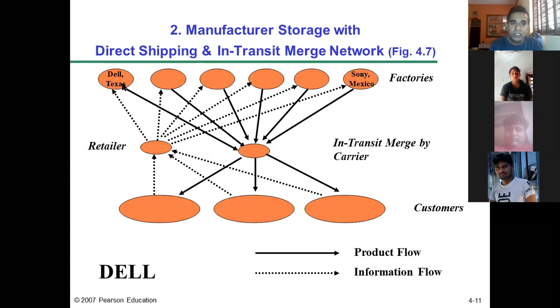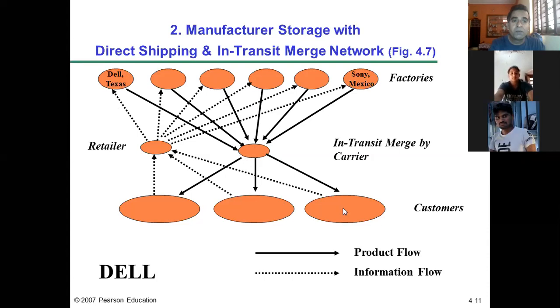So I repeat, one shipment from Dell and another shipment from Sony in Mexico both arrive here, and at this point both shipments are merged, meaning they are converted into one single parcel or delivery. That single parcel is delivered to the customer. Instead of two deliveries coming separately to one customer, with Sony sending the monitor directly and Dell sending the keyboard, mouse and CPU directly, where the cost of transportation would be higher,